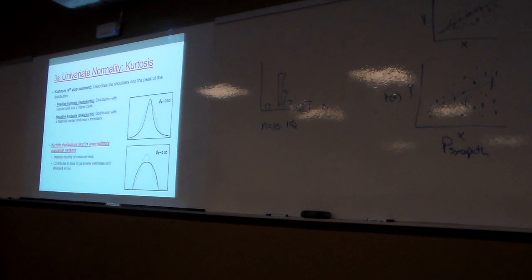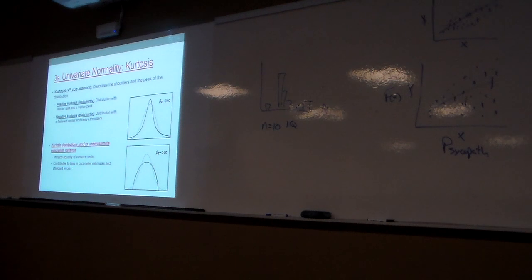The thing to remember is that kurtotic distributions underestimate the population variance. Okay? Kurtosis, whether it's positive or negative, the concern is always underestimation of population variance. Here, with positive kurtosis, we've got those tails that are jumping out, right? But we're missing all the middle stuff, so the tails don't make up for the stuff that we're missing in the shoulders. For negative kurtosis, we've got all the stuff in the middle, but we're missing the stuff in the tails. In both of these cases, we're worried about underestimation of the variance with a kurtotic distribution.